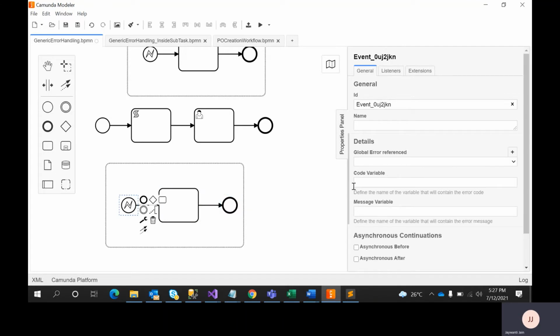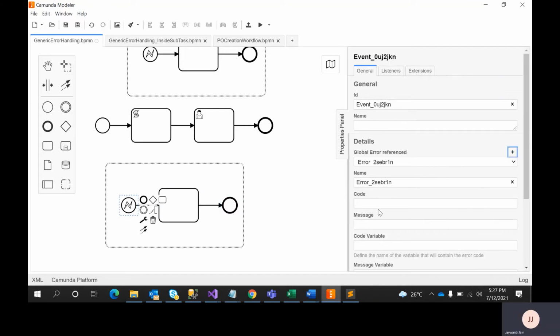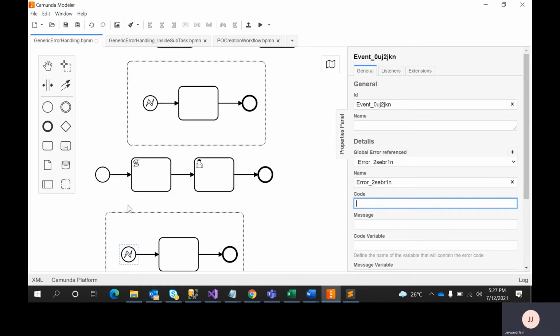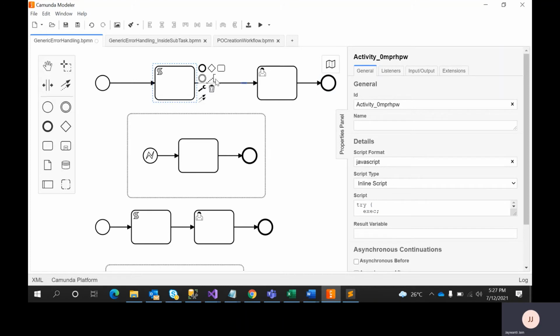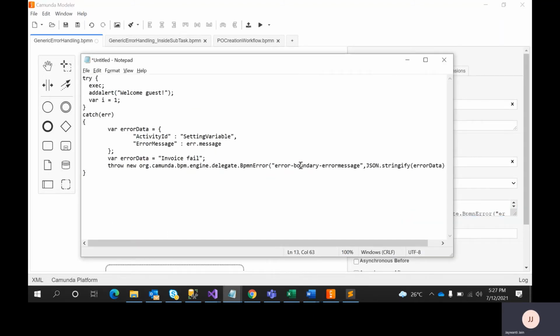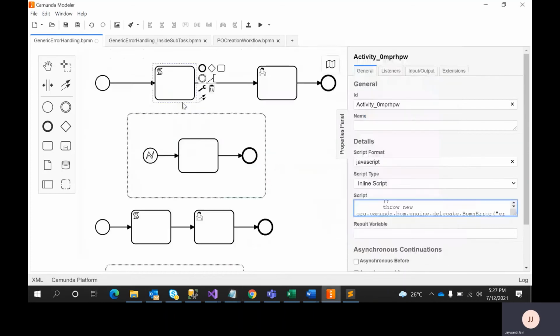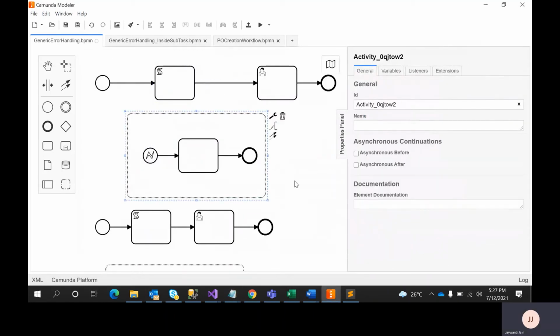But make sure whatever code name you give here, that same name you need to throw in your process. So here I am throwing an error, right? In the same way, even if it's your API call, wherever you want to throw, simply write throw new org bpmn error and that error boundary name. And whenever you throw it here, it will directly come and be caught in this. So this is one way of handling an error. If any error occurs throughout your process, you can do some operation and end the process. In this way you can do it.